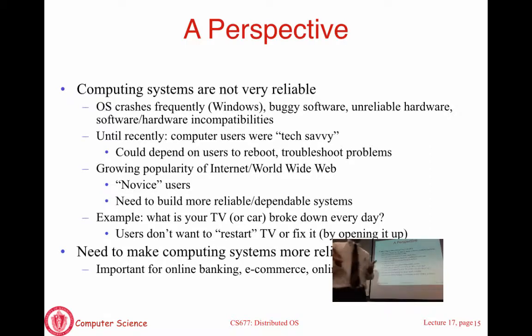You don't buy a TV and say every 10 days I'm going to restart my TV, or my car is not going to be reset every 10 days. But your computer maybe has to be reset every 10 days because we built our systems to be inherently unreliable. That's not how you build a car. Nobody is going to buy cars if they have to do some reset every 10 days. Yet, that's what computing devices give you.